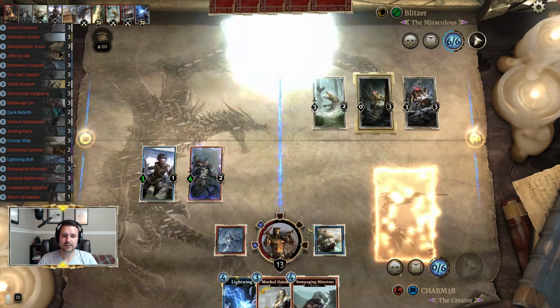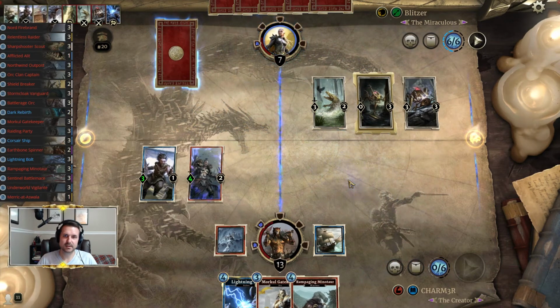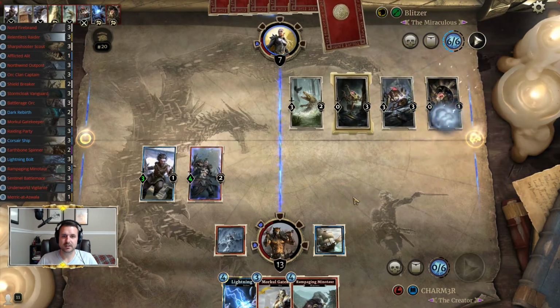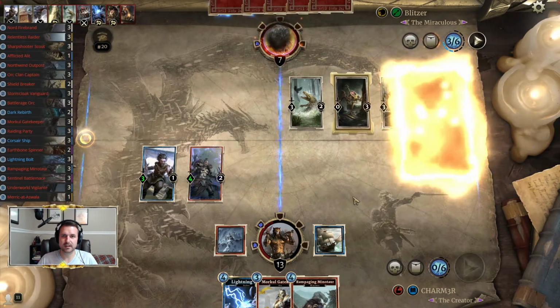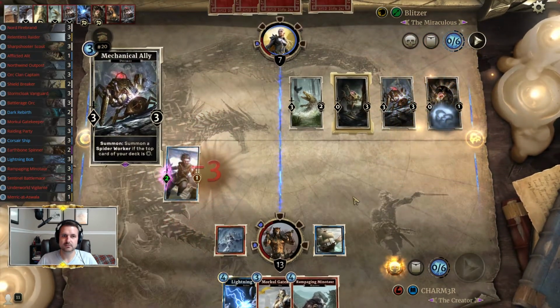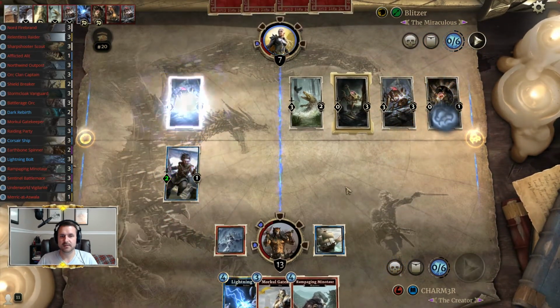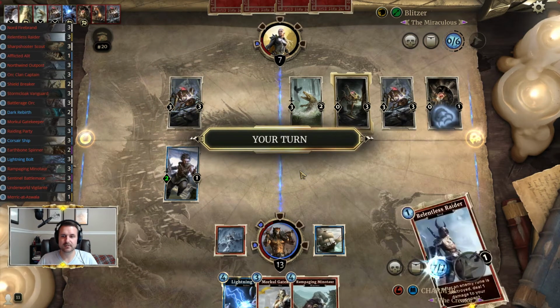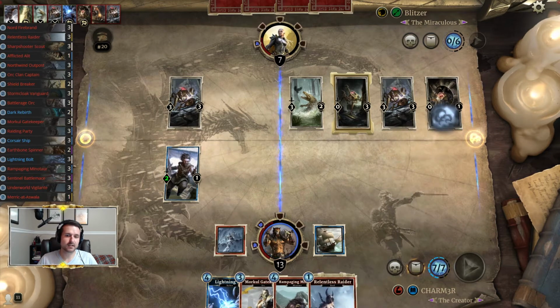Let's go ahead and go face. Sad that it gives him a prophecy. But really, we're just trying to dodge guard and health gain, so we should be fine. Because this right here represents lethal on its own, so yeah, like I said, it's mostly just about